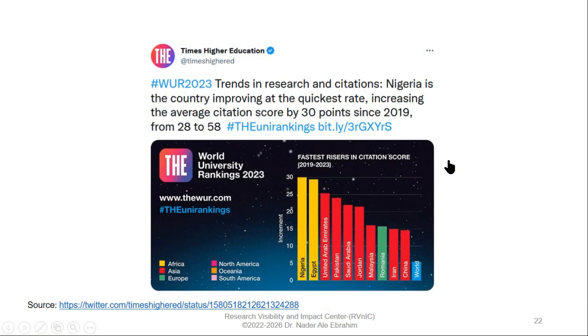Okay. Fortunately, according to the Times Higher Education World University Ranking 2023, which was published recently, Pakistan grew around 25 points in citation. This means Pakistan recently pays attention to the visibility and impact of research, and it's one of the fastest growing, actually number 4 in the report of the Times Higher Education.